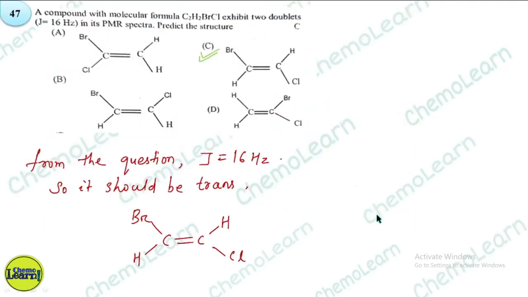But in the question we are given J equal to 16 Hz, it is nearly equal to 15 Hz, so it should be trans configuration. In one option we have a cis configuration, where the two Cl are on the same side, but in the other option we have a trans configuration. The structure will be